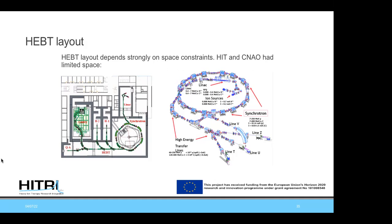And it was already said today that Heidelberg and Kna, for instance, had rather small available space. Therefore, they went to very particular solutions where, for instance, here there is a 90-degree bend, 2 times 45 degrees, and the rooms are very small and very close to the machine. And in the case of Kna, it's even different. There is this three-way splitting magnet and